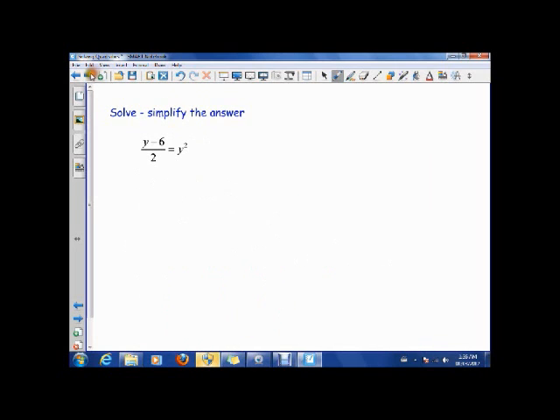So let's try another one. What about y minus 6 over 2 is equal to y squared? Okay, well, this guy right here is a problem. Okay, we never ever want fractions. Okay, so what we're gonna do is we're always gonna multiply out the fraction. Okay, so what I'm gonna do is I'm gonna multiply by 2 on both sides. Remember, whatever I do on both sides of the equation is okay. So then what's gonna happen is that 2 and that 2 cancel out,